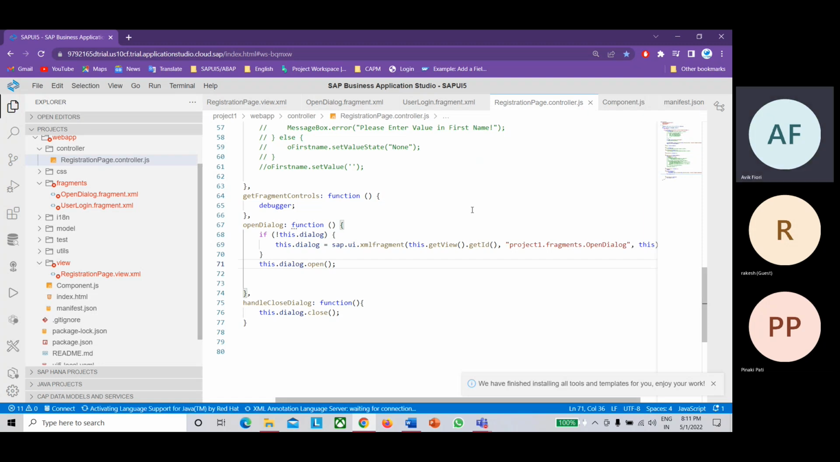So guys, in yesterday's session, we have covered fragments, right? A basic fragment structure, declaration of fragment from XML and from